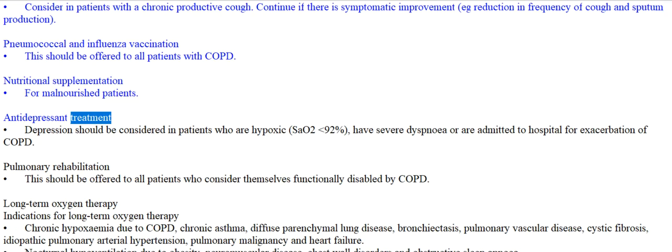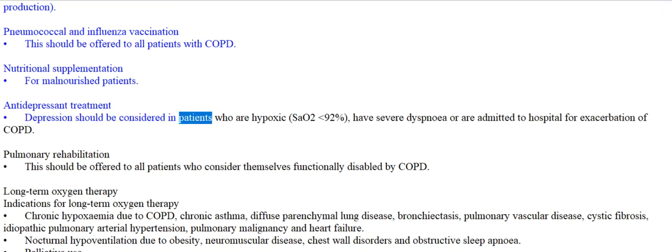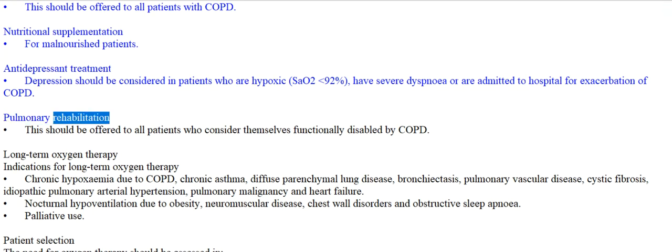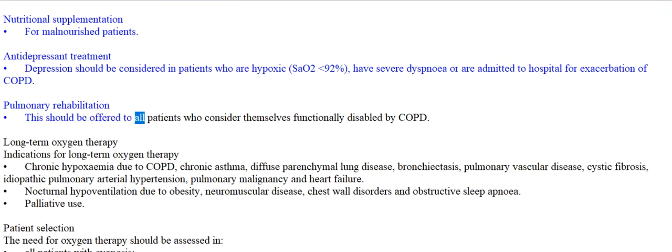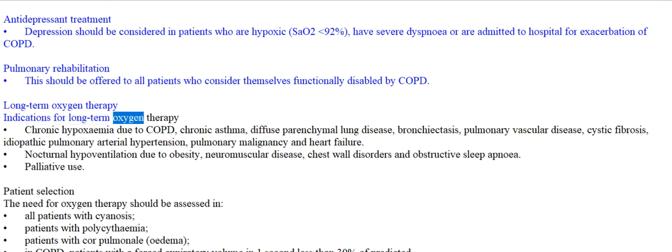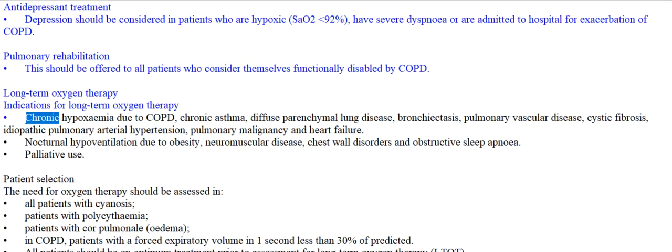Antidepressant treatment. Depression should be considered in patients who are hypoxic, SaO2 less than 92%, have severe dyspnea or are admitted to hospital for exacerbation of COPD. Pulmonary rehabilitation: this should be offered to all patients who consider themselves functionally disabled by COPD. Long-term oxygen therapy. Indications for long-term oxygen therapy: chronic hypoxemia due to